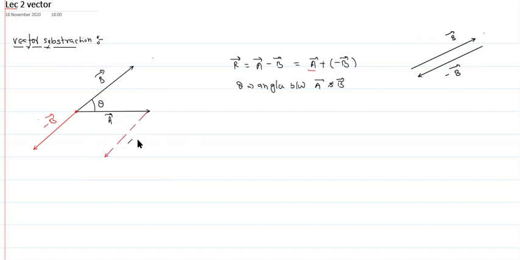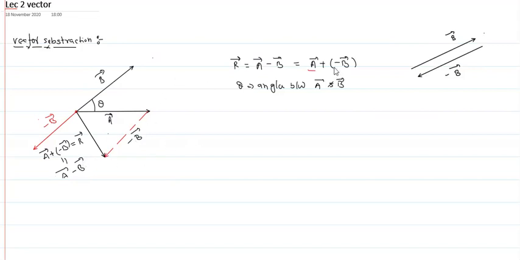When I shift this minus B vector, the head of A vector meets with the tail of B vector. So the resultant of these two vectors, meaning A vector plus of minus B vector, is in this direction, from the tail of A to the head of B. This is your R vector, which is equal to A vector plus minus of B vector, and that is nothing but A vector minus of B vector. So we can do subtraction in this manner.